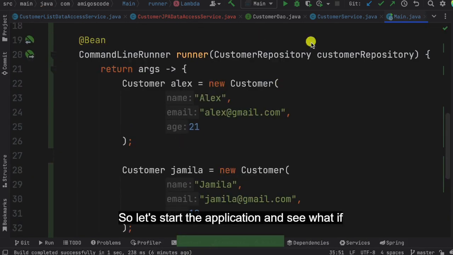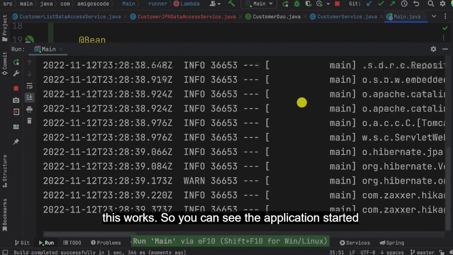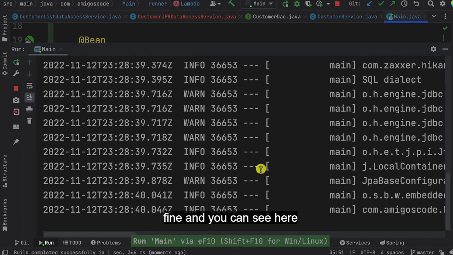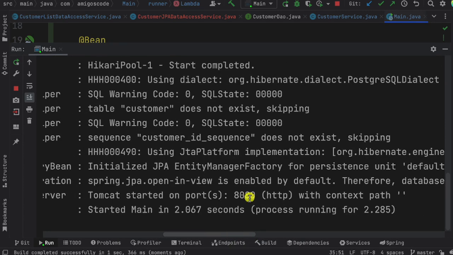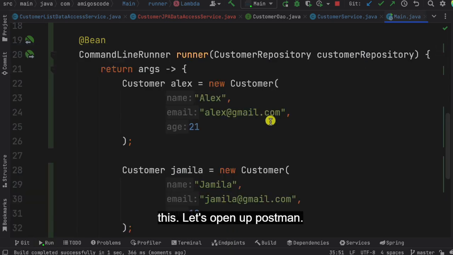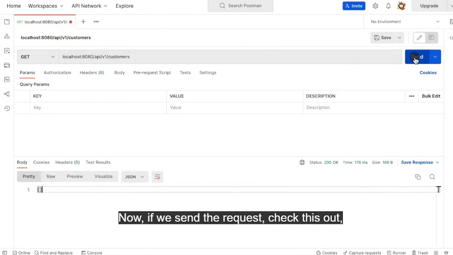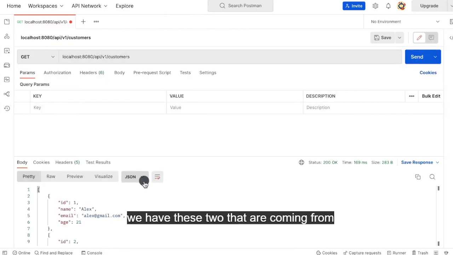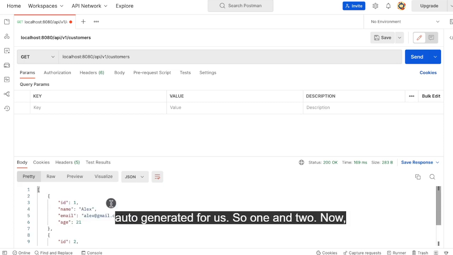Awesome. So let's start the application and see whether this works. So you can see the application started fine, and you can see here 8080, and let's just hide this. Let's open up Postman. Now if we send the request, check this out, we have these two that are coming from our database, so Alex and Jamila, and you can see the ID is auto generated for us, so 1